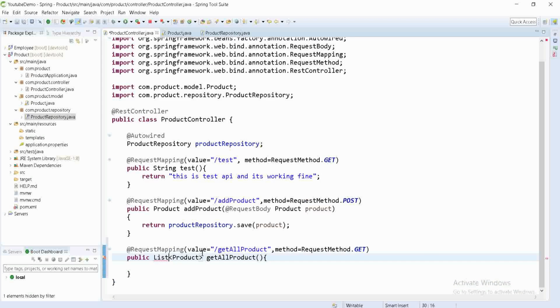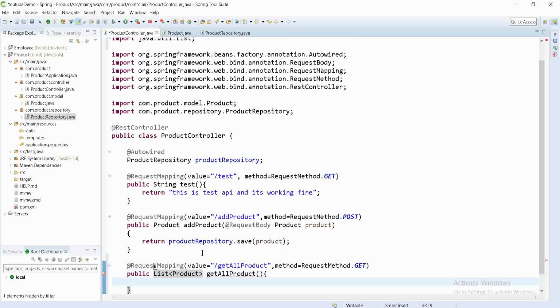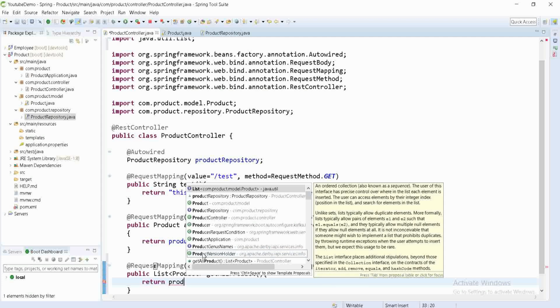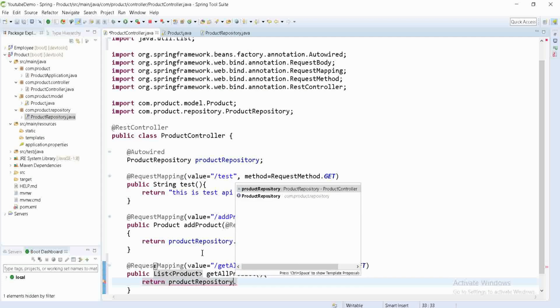We have to import this list. This comes into the java.util package. Now what I'm going to do is I'm going to return product repository dot, we have to get all the products.